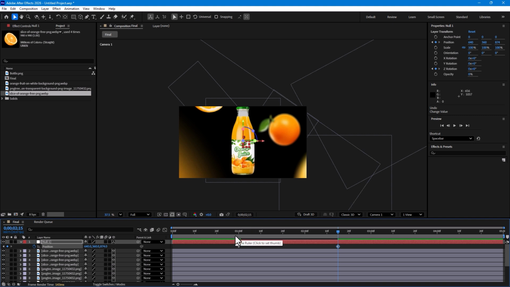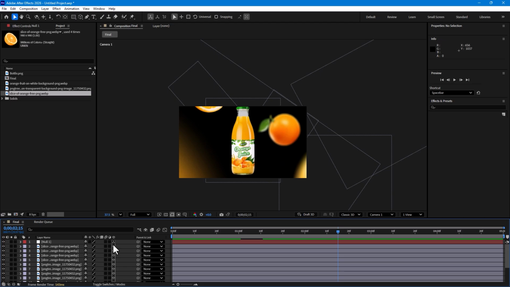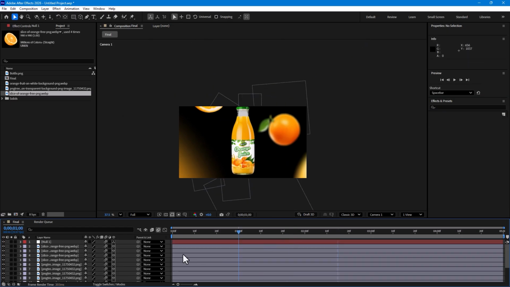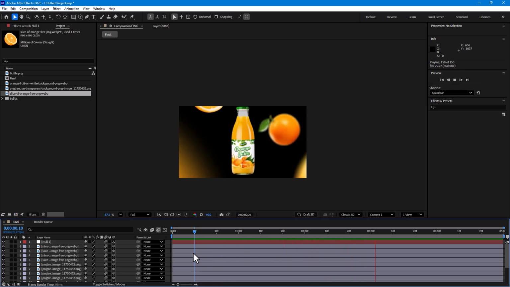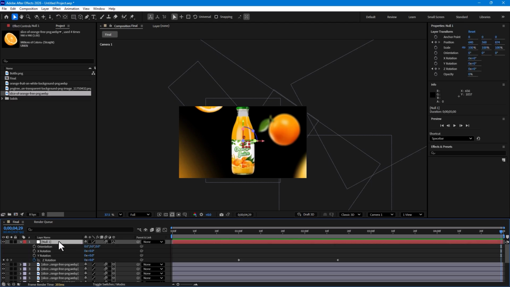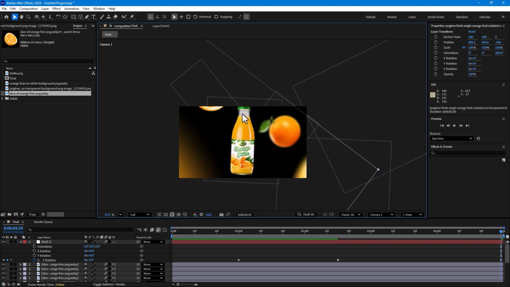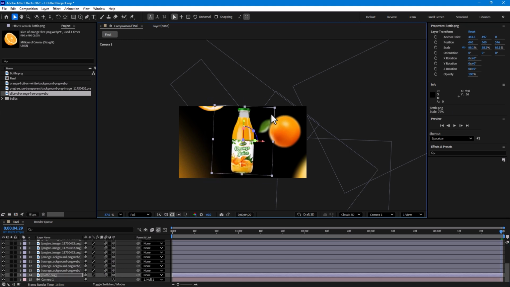And now I need to see the final result of the animation. Select all, turn on the motion blur. Nice one. Select again, press P, slowly rotate like this, and select the bottom layer, make it a little bit smaller,